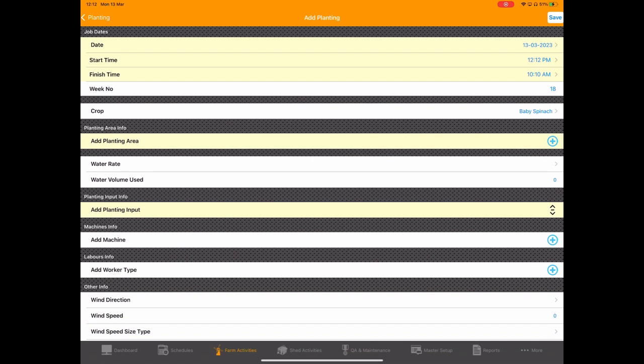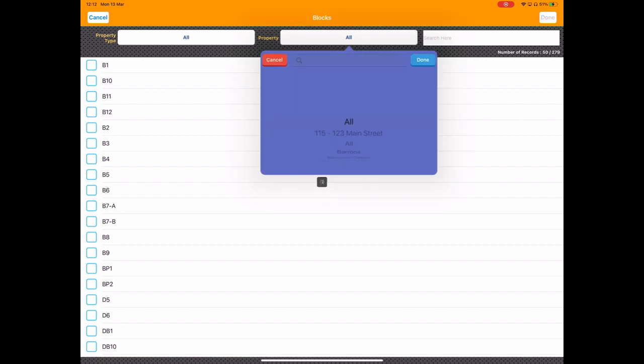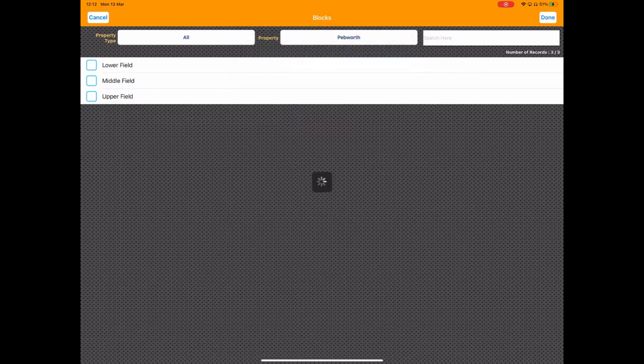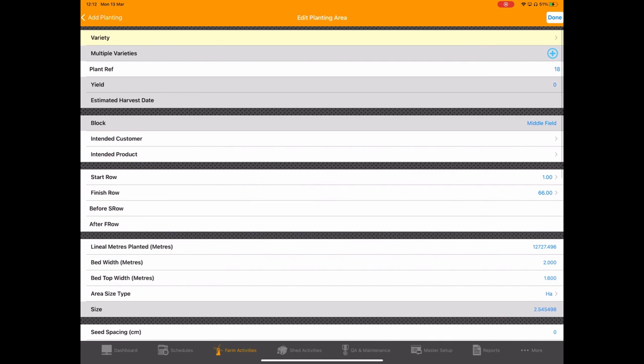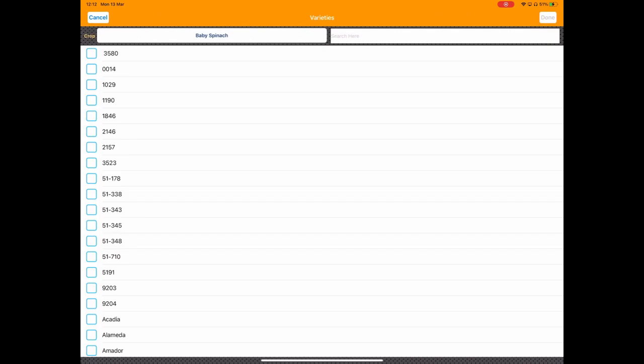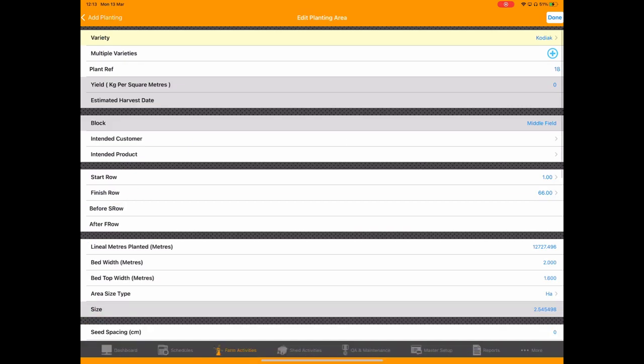I add to it the planting area. My planting area on my property was Pebworth, and I was planting in Middlefield. Okay, and it's now given me an area for Middlefield. If I just tap on the white space where the planting area is, the first thing I need to do is choose my variety. So I'm planting Kodiak spinach, and the system knows